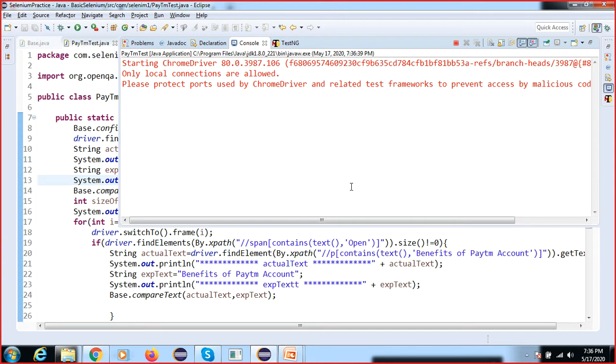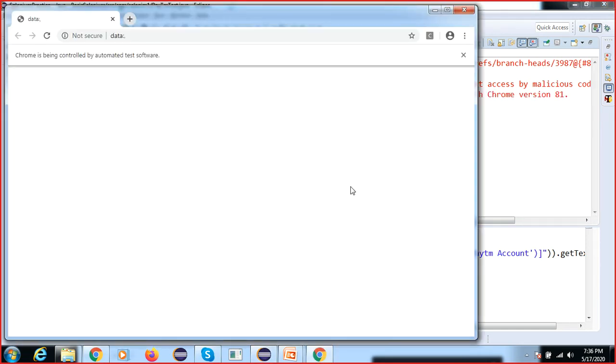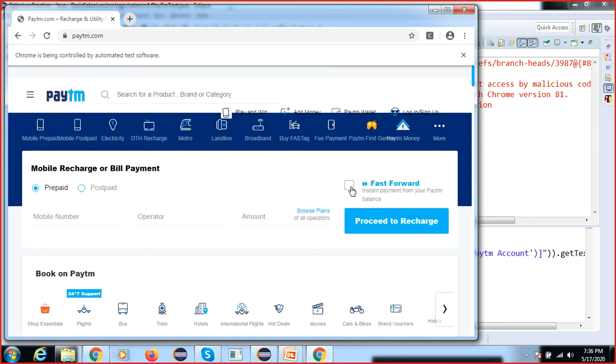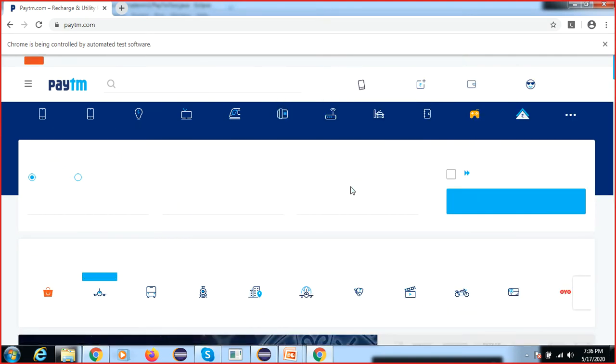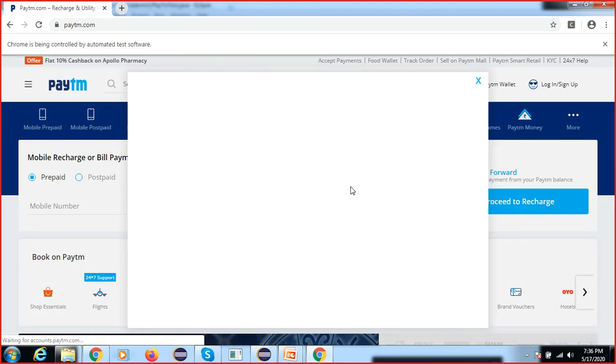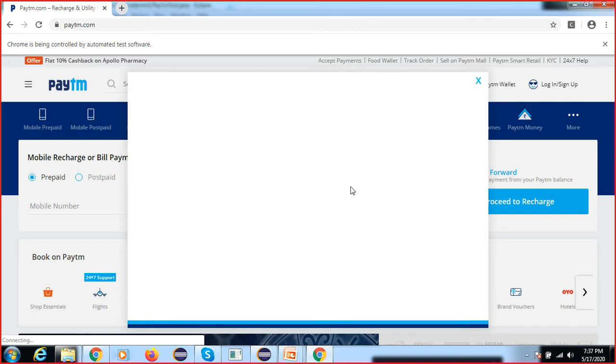You can apply this concept with another web page also. Might be this Paytm. Yeah, it is now opening. Sometimes there is some issue while executing. So our validation will pass.